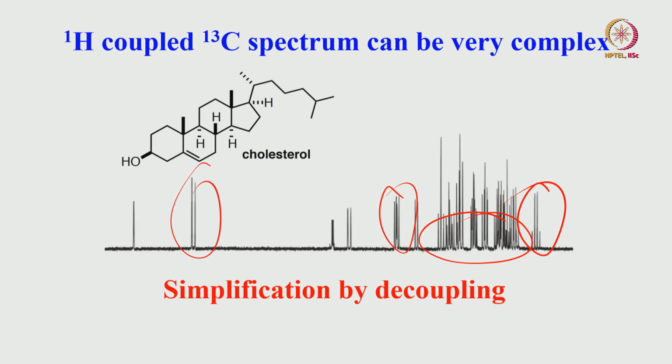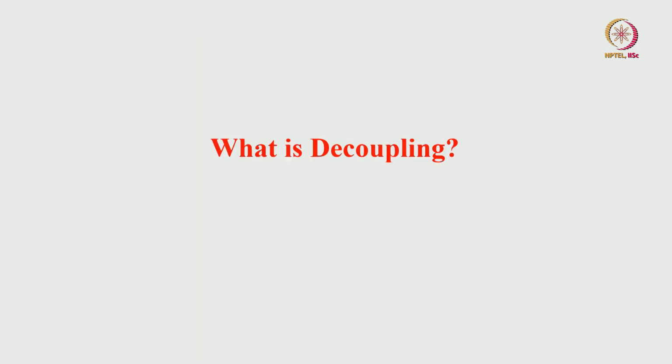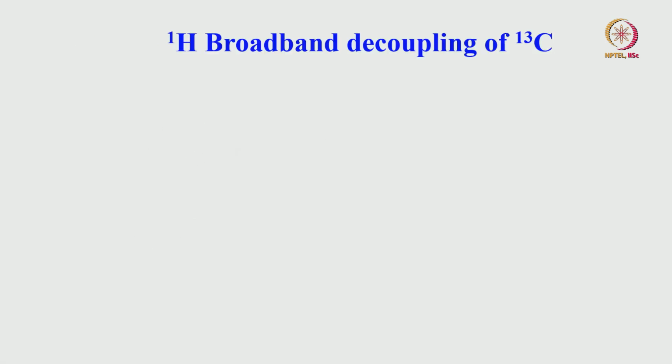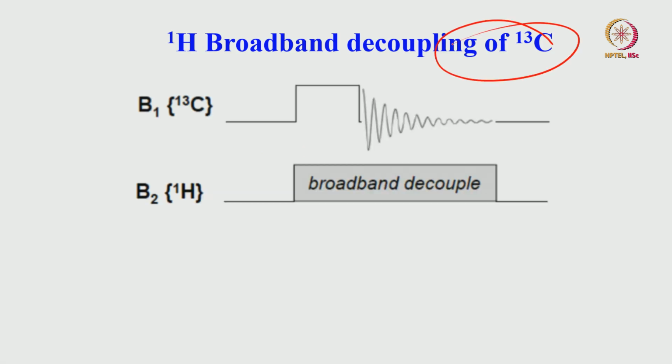multiplicity? What we do is, we simply do the decoupling. When we do the decoupling, this complexity of the spectrum gets enormously simplified. Now the question is, what is decoupling? I vaguely discussed this earlier, and I just wanted to tell you this has been discussed extensively in one of the previous courses. Just for an idea, the broadband decoupling of carbon 13, how it is done is, you see,